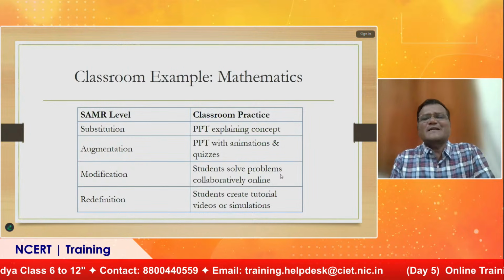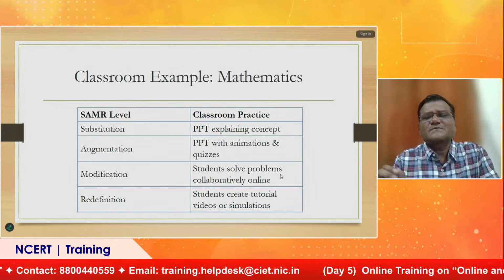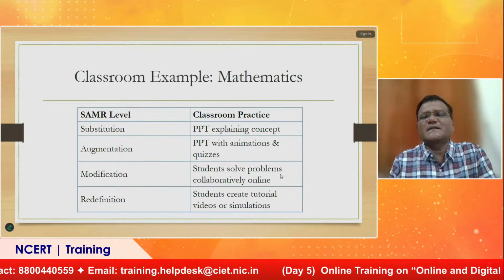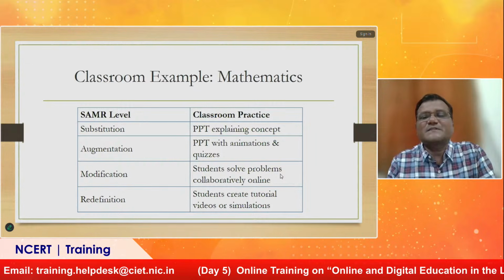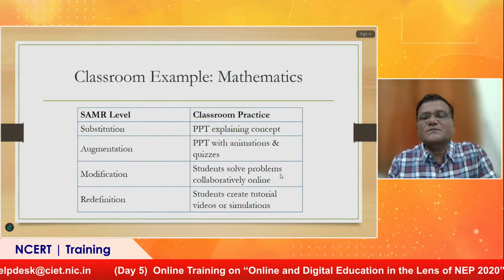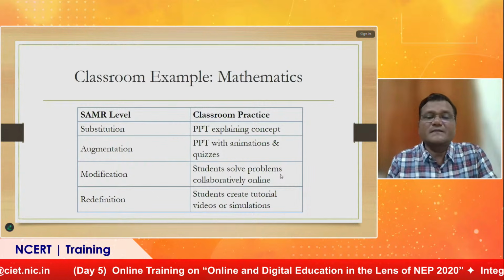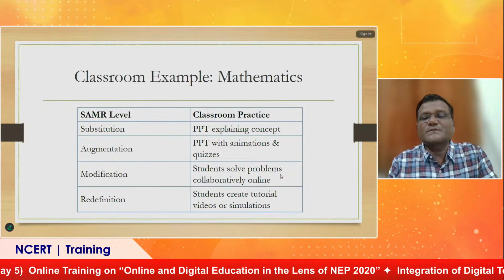In the SAMR level and classroom practice, for substitution, we can use PowerPoint explaining a concept. For augmentation, PowerPoint with animations and quizzes. For modification, students solve problems collaboratively online. Redefinition, students create tutorial videos or simulations.